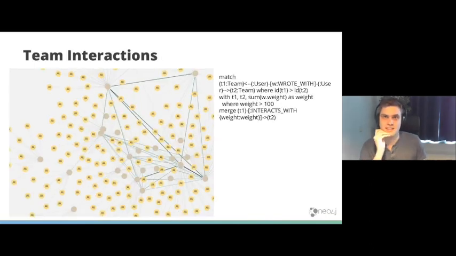And then the next level of analysis that we can do is look at cross-team collaboration. We look at all the people in a given team, and we see how often different teams within a company collaborate. What you see here are thicker relationships between the teams at the bottom and the teams at the top. That would indicate that these teams have a stronger collaboration measure than the other teams, to visualize how your company internally works together. So these are all very interesting things that you can discover with this kind of knowledge graph.